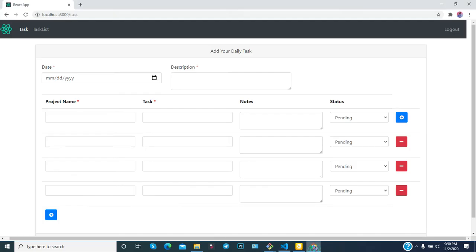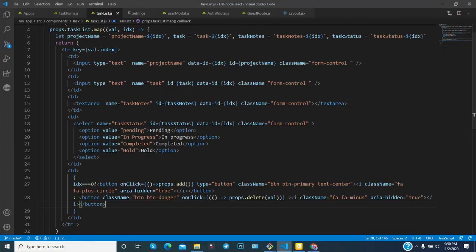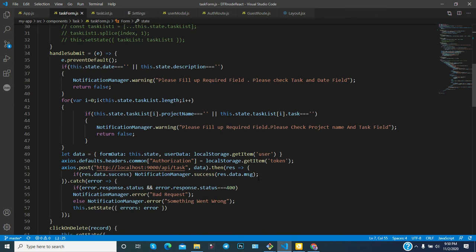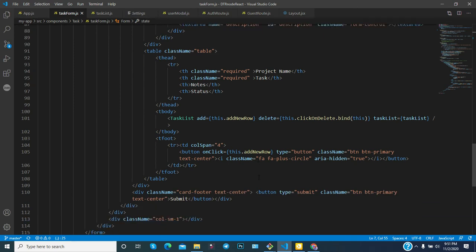Now if you click here, then certain events and certain things should happen. So on the click event we have done something in both the minus button and the plus button. If you click on the plus button, then props.add, this props we have utilized, otherwise the delete props we have utilized. So in the form, if you go there, you can notice add and delete, two things.